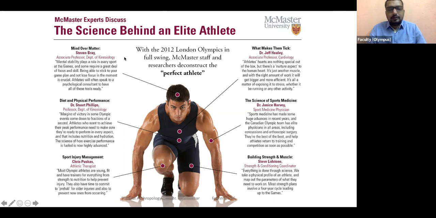We need kinesiologists, we need psychologists, we need cardiologists, we need physicians, okay, and we need people to coordinate and train these types of personalities. So much science goes behind it, and anthropology, anthropometry, plays a very, very important role here. Okay, are you getting an idea about what role anthropology plays here with respect to sport?